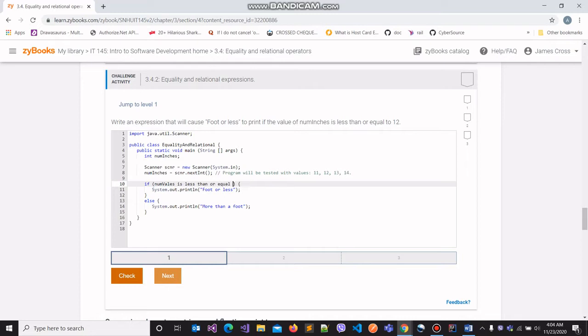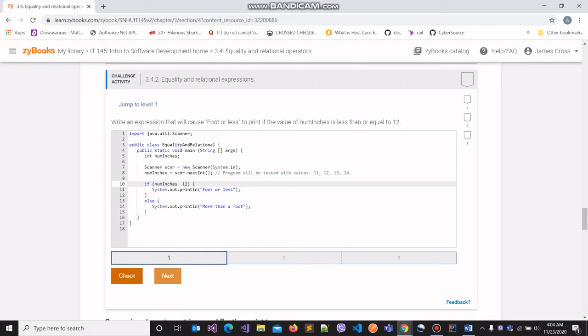So we need to translate this phrase that we have into a mathematical expression which will be evaluated. So we have num_inches, sorry about the typo, and then we have the value 12.